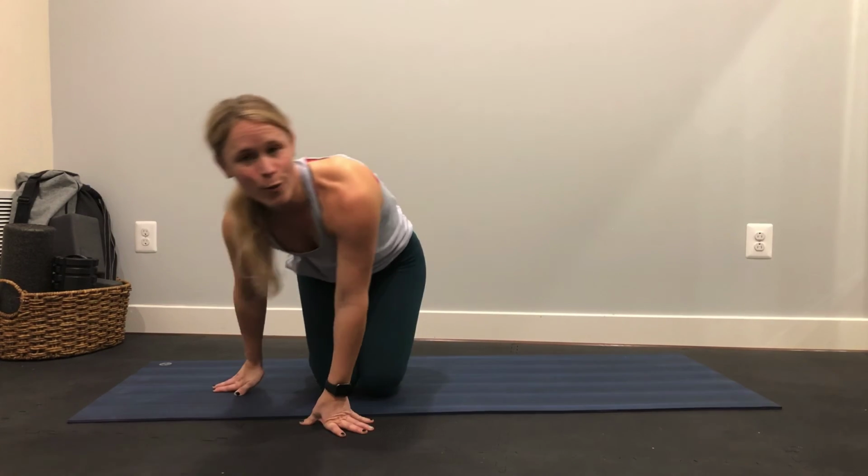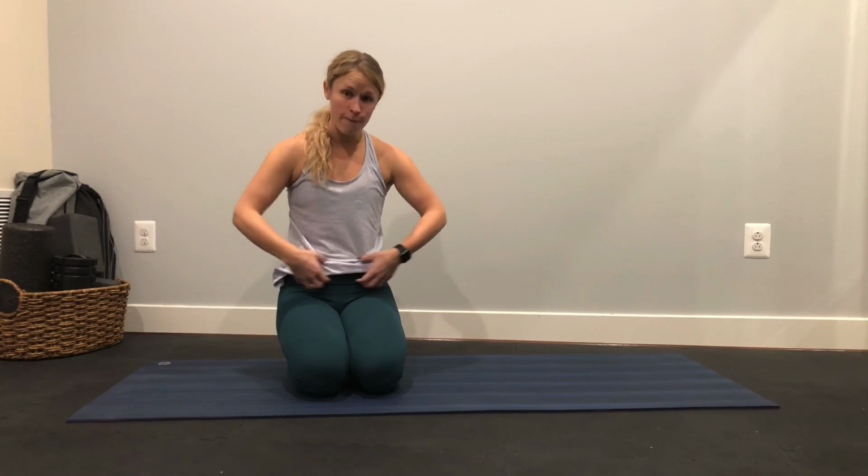So I hope you've enjoyed kind of working on trying to calm that nervous system down a little bit, get our sciatic nerve glides going, and then focusing on that transverse abdominis exercise. That's something that you can do throughout the day, even just practicing kind of gentle lift up and in with